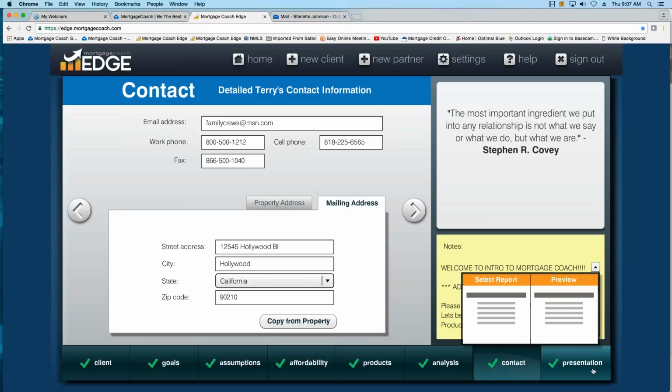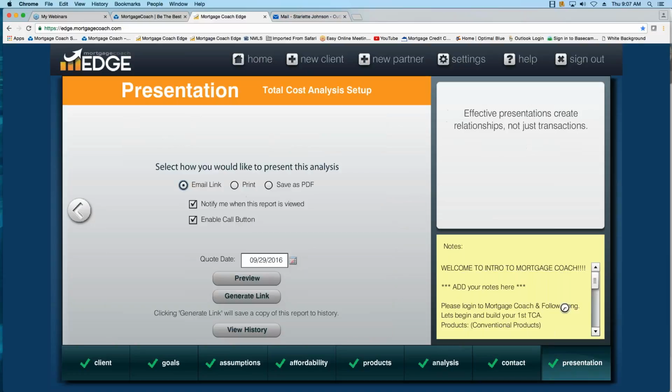Now I'm going to move to the last step, which is presentation. You can select your report. I want to see a total cost analysis, and now preview. In the preview area, you always want to make sure that the box is checked, notify me when this report is reviewed. So every time your borrower, recipient, or prospect clicks on your live presentation link, you will be notified